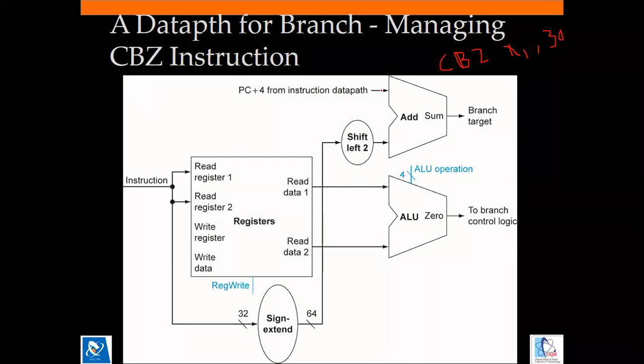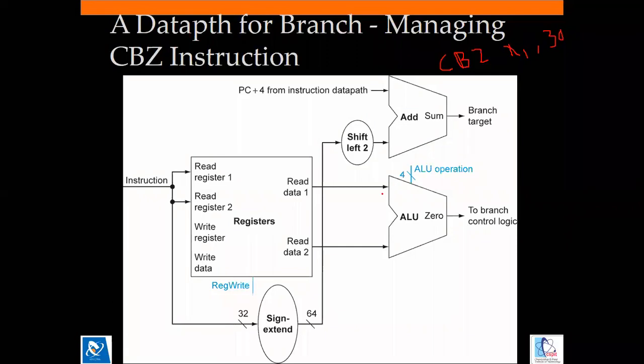So in that case, register 1 would be read, and that would be inputted over here, in the ALU. The ALU will check whether it is 0 or not. Obviously, the simple way would be